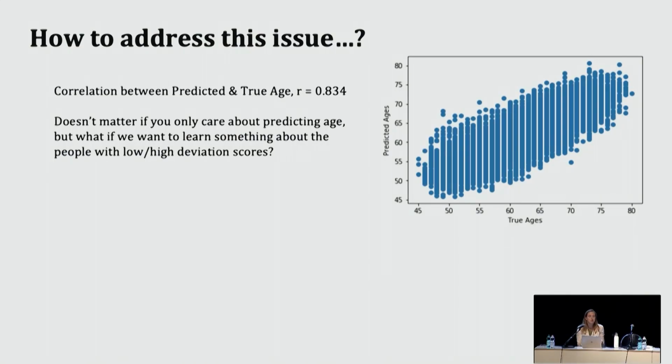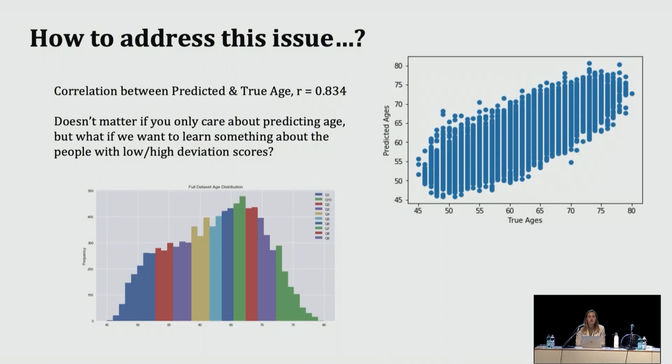In our case, after we get these predictions for age, we're looking at a deviation analysis. For people the model predicts look younger or older, there are these extreme deviations in their age predictions. Is there anything interesting about them that we can learn? I think originally we wanted to show that people with younger looking brains exercise more, which sadly was not the case, at least in the UK Biobank data. But when there's this really strong correlation between predicted and true ages, we can't do as interesting a deviation score analysis. So I haven't totally solved this issue yet.